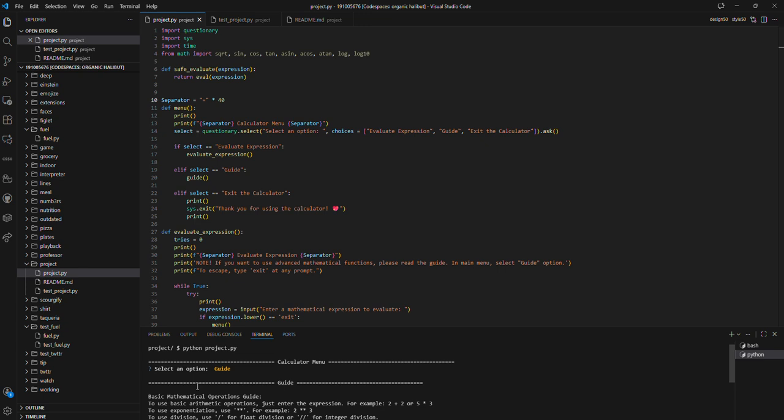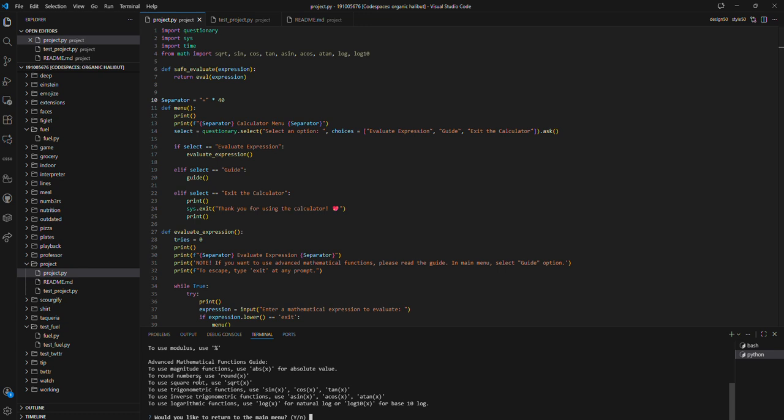That's not all. It can also do advanced mathematical functions such as square root, trigonometry, including sine, cosine, tangent, arcsine, arccosine, arctangent, and also the logarithm, magnitude, and round functions.